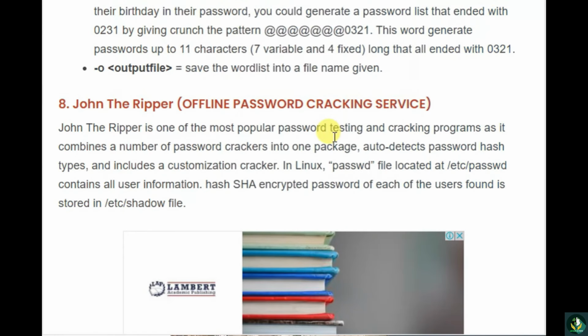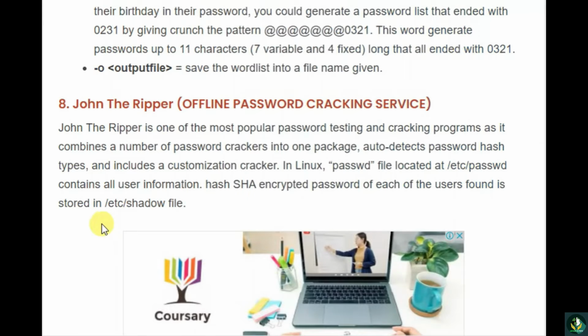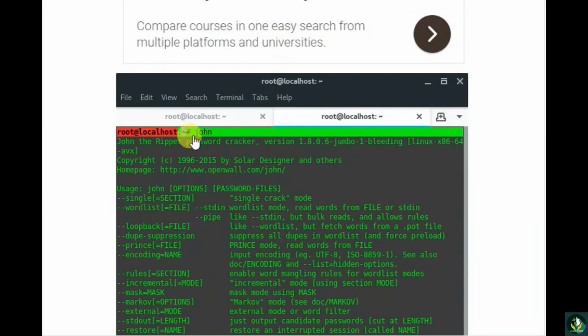Okay, now come to number 8, John the Ripper. John the Ripper is one of the most popular password testing and cracking programs, as it combines a number of password crackers into one package, auto-detects password hash types, and includes a customizable cracker. In Linux, the password file located at /etc/passwd contains all user information. The hash is the encrypted password of each of the users found stored. And this is the